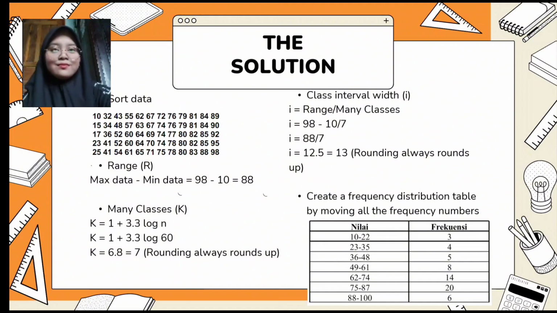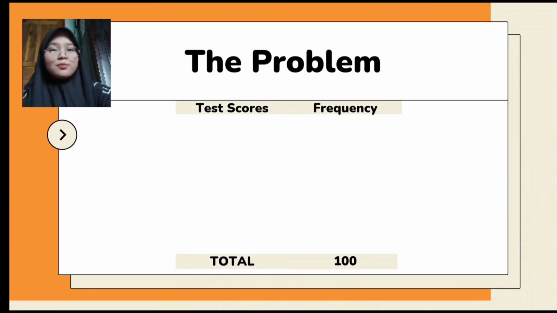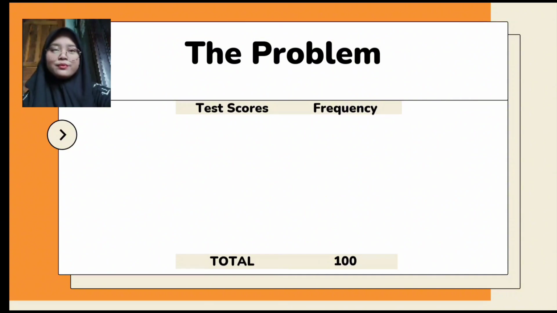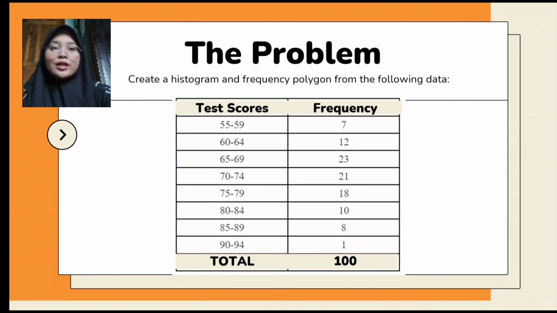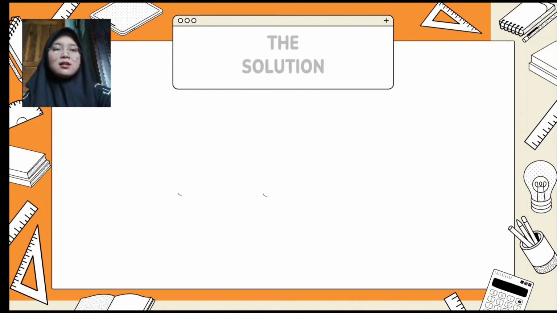Okay, let's discuss problem number 2. Create a histogram and frequency polygon from the following data: the scores and the frequency, with total 100. The solution: